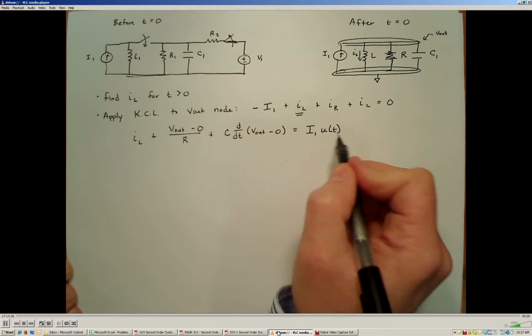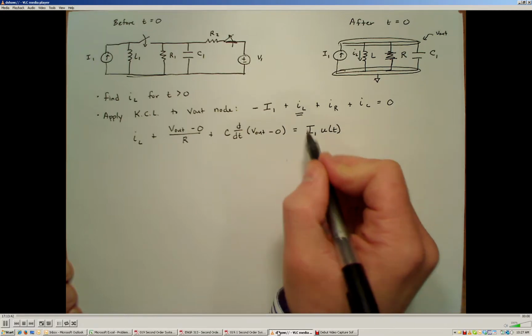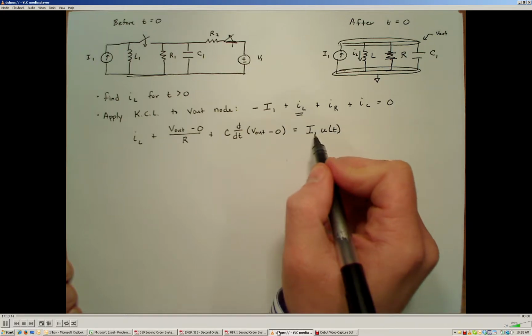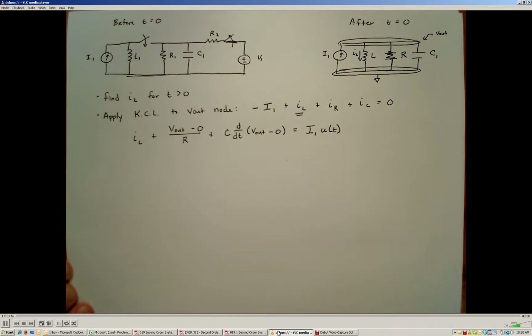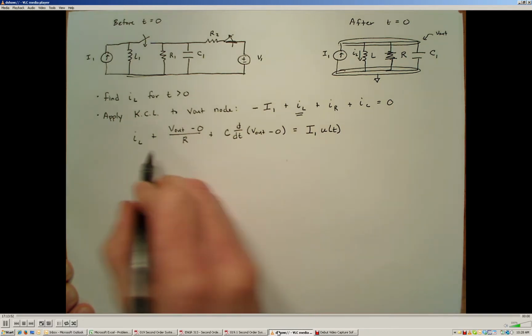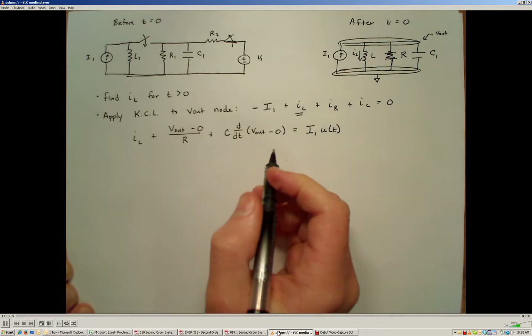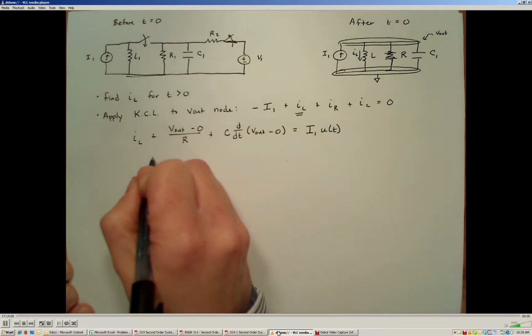So this is just some mathematical notation to remind me that this is not a constant value for all of time. Okay, now that I've done that, I'm going to get rid of my 0 values here, and I'm going to multiply through by the denominator right here, R, so that I can get rid of some of these fractions. Doing so will leave me with